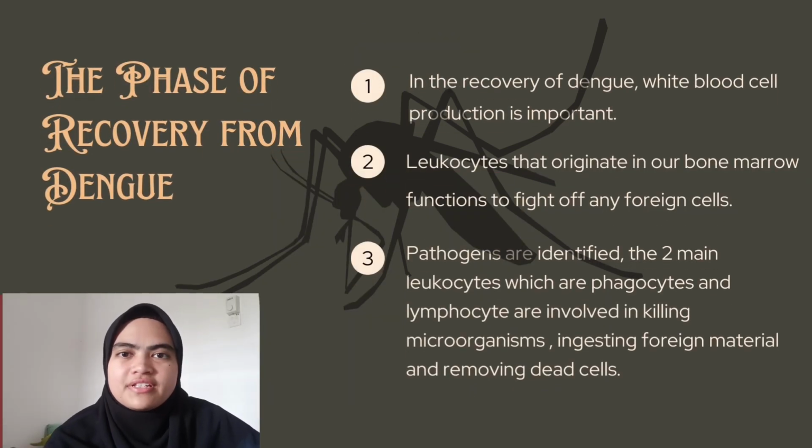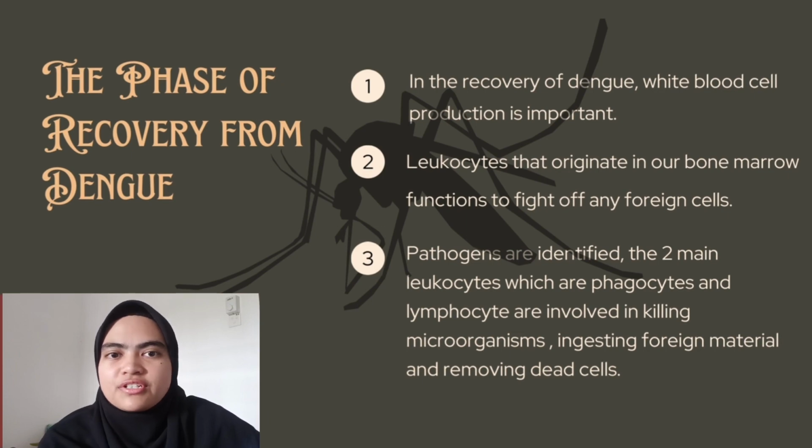For the recovery phase, the immune system relies on millions of defensive white blood cells known as leukocytes. These cells move via the bloodstream and the lymphatic system and help get rid of bodily toxins and waste. These antigens trace on the surface of pathogens and other foreign substances, and later when they are identified, two main leukocytes, which are phagocytes and lymphocytes, play their role in weeding out the foreign substances.